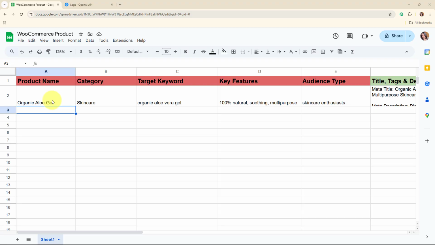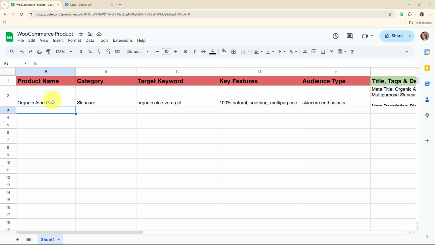In this video, I'll show you how to automatically generate SEO meta titles, descriptions and tags for your WooCommerce products using an AI agent. This will save you time and help your products rank better on search engines. As you all know, I run an online store using WooCommerce, and managing SEO for each product manually takes a lot of time, especially when it comes to writing unique meta titles, tags and descriptions. These tags are important because they help my product show up better in search engines like Google.